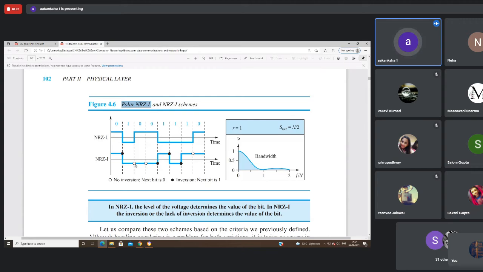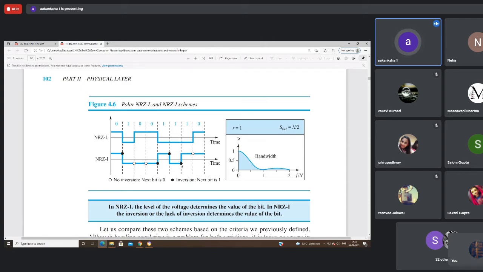Now after this current bit was 1 and it was at negative, if the next bit is 0, there will be no transition and it will continue at the same negative level. Again, if the next bit is 0, it will continue with the same negative level. But after 0, if the next bit is 1, the sender will change and transit from negative to positive level, and it will send a positive voltage. Again after this one, there is another one, so we'll change the level and send the negative voltage.